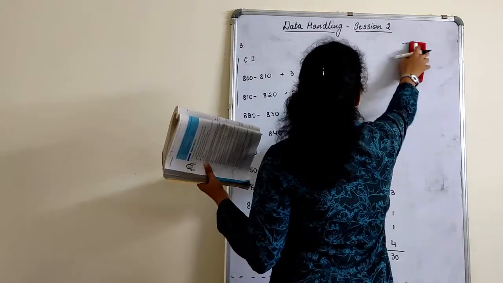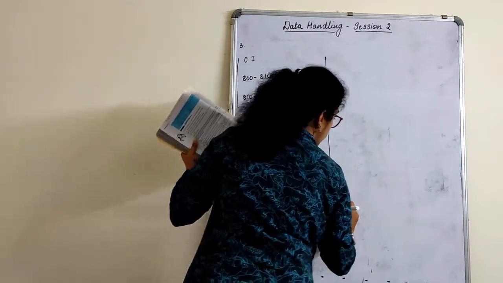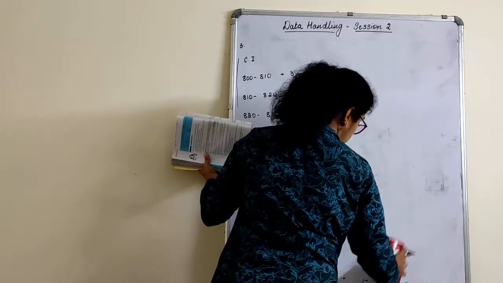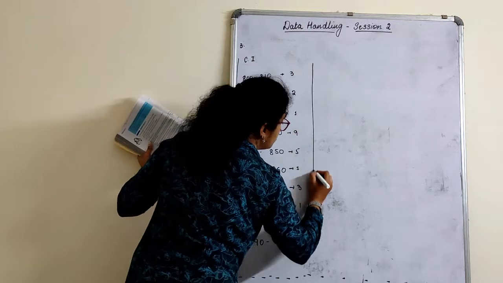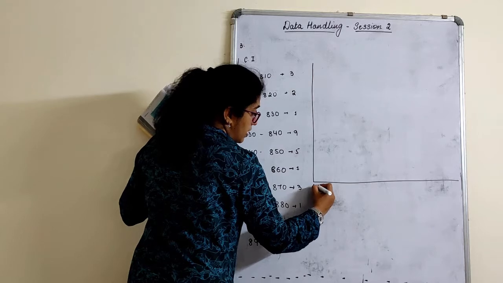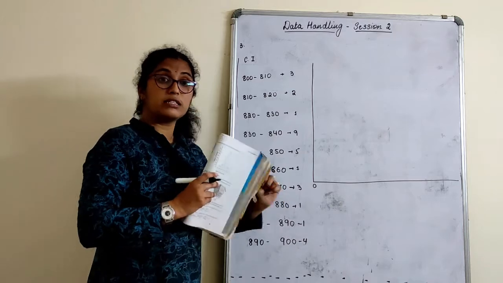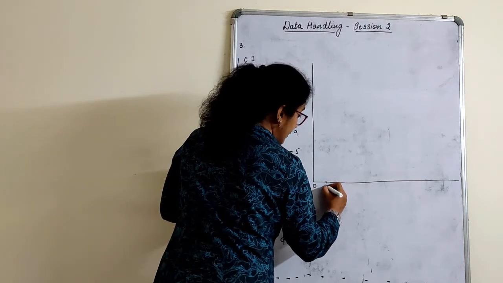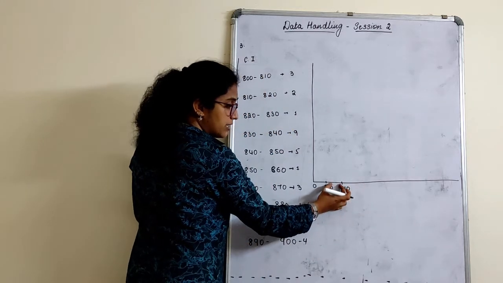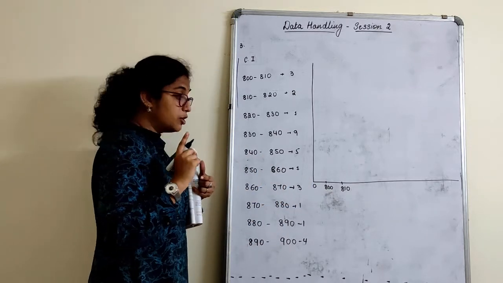A histogram is a graph with bars with no gaps. So let's draw the histogram in the graphical part. Here mine will not fit accurately, since I used this. Now you all know how to do it, so you all go ahead. Always we have to start from 0, right? But if I start from 0 here, children, my first score is starting from 800. That means if I write 800 here, my next should be what? 810. The difference here is what? 10. The difference here is what? 800. Is that possible? No, right?